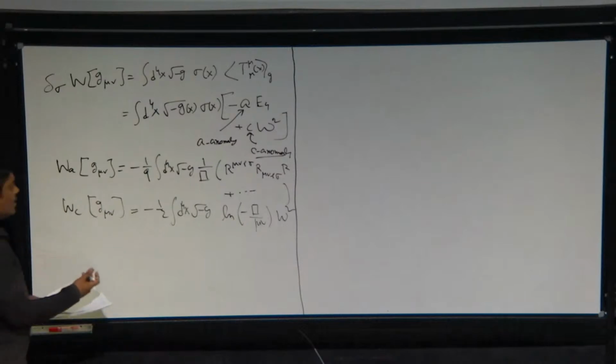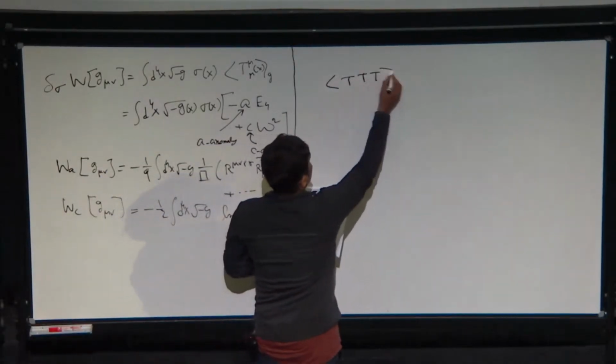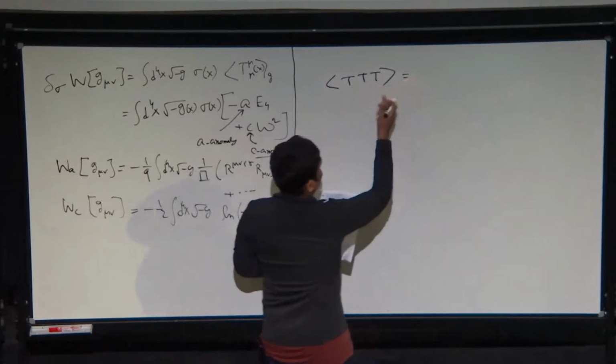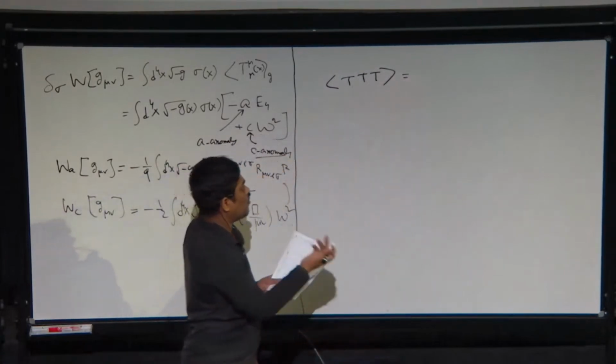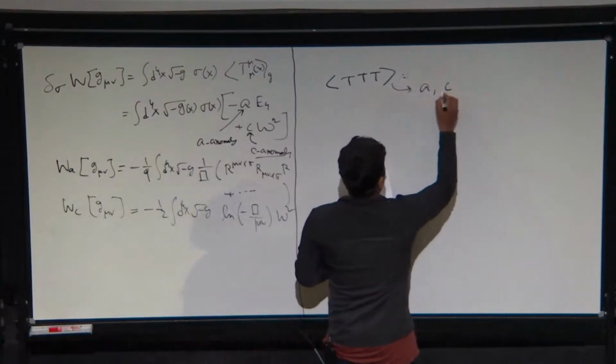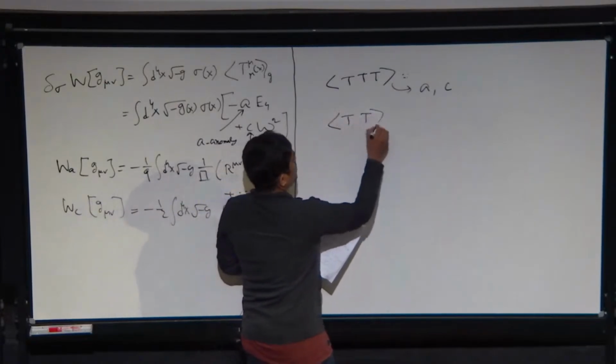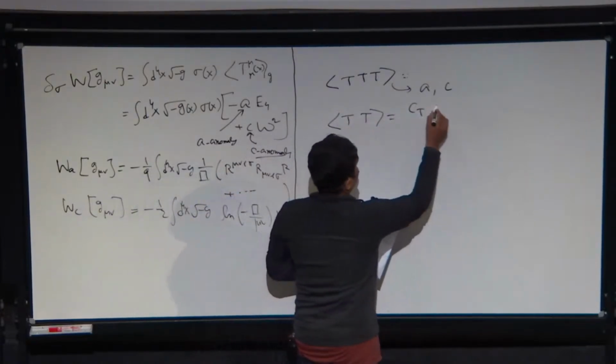And one can see in a 4D CFT that if one computes the 3 stress tensor correlator, it has 3 different tensor structures with some OPE coefficients, and the combination of OPE coefficients contains both A and C. On the other hand, one can also compute the 2-point stress tensor, which is given by some central charge with some